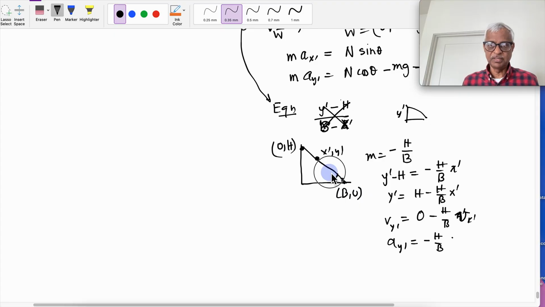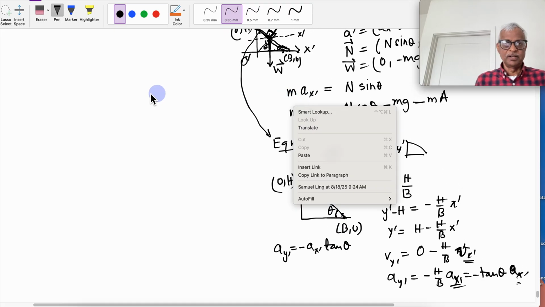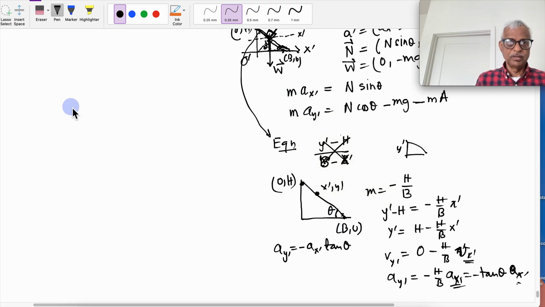h over b, this is theta, that's going to be tangent theta. a y prime equals minus tangent theta a x prime. This side is x prime, so this is a x prime. So we can write down a y prime equals minus a x prime tangent theta. So over there, it turns out to be